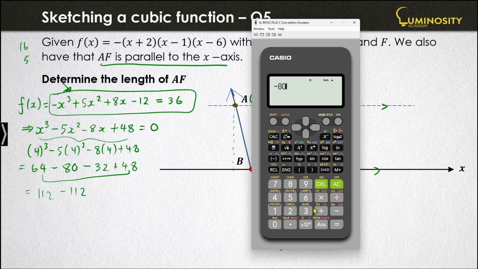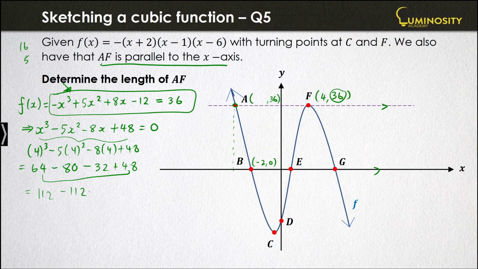Negative 80 minus 32. Yeah, negative 112. Awesome. So that gives us 0. So x equals 4 gives us that. So therefore x minus 4 is a factor. Okay, so that was the important thing. That's why 4 helped us there, because immediately it gave us an idea of what the factors would be of